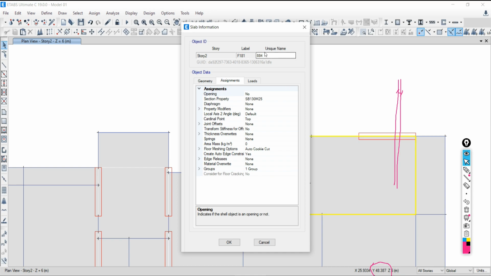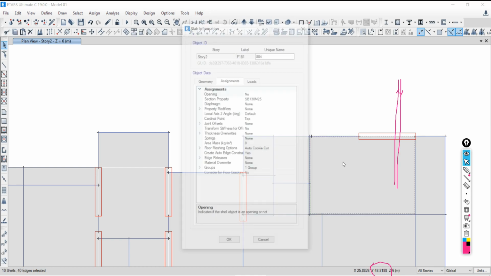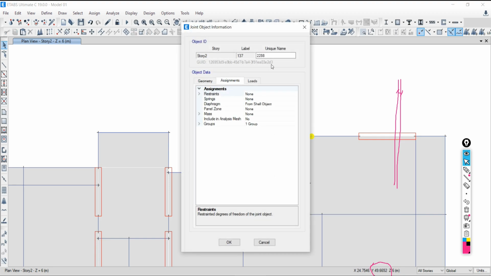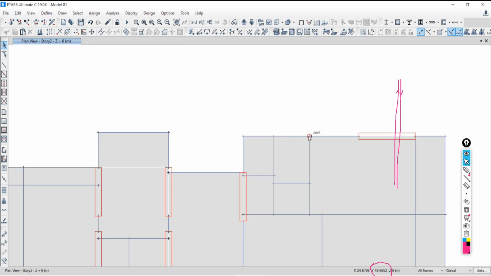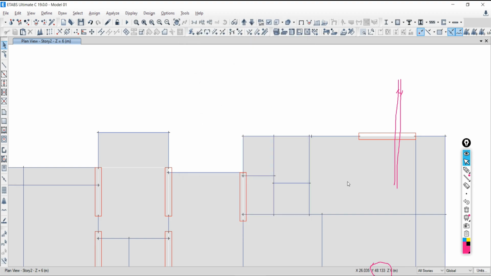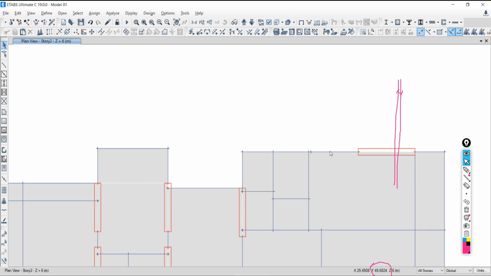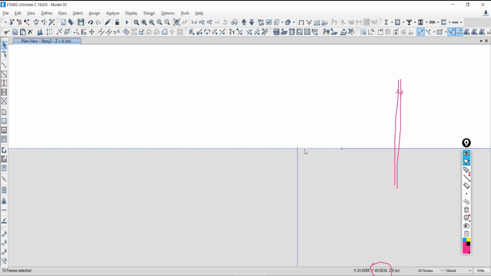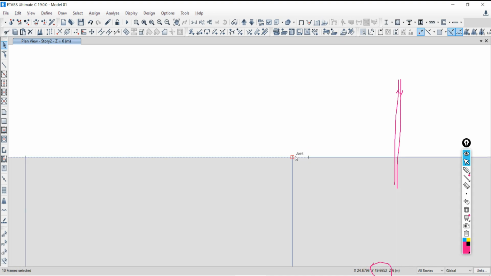Where is F181? Yes, this slab is there. F181. So what's the problem? And this is the joint. What is the number of the joint? 270. So I think this joint should be there. No, I think it is not. So let me check. See, this is the beam and this is the beam. There is a problem with these beams, because this beam should end at this point and this beam should continue till this point. But this beam is extended beyond the line.